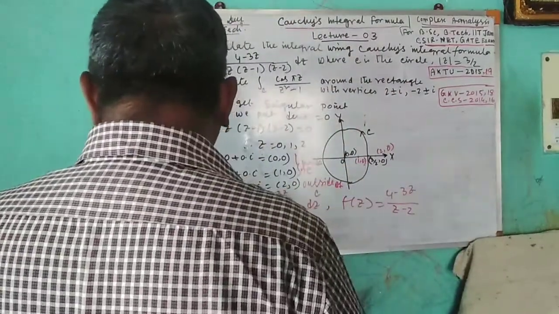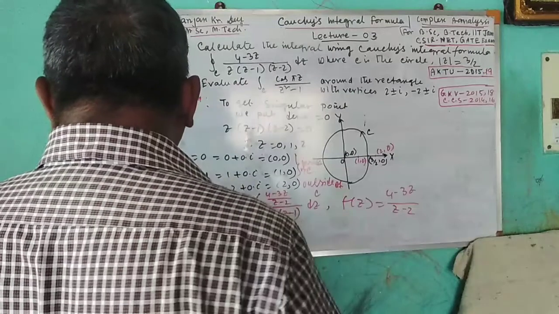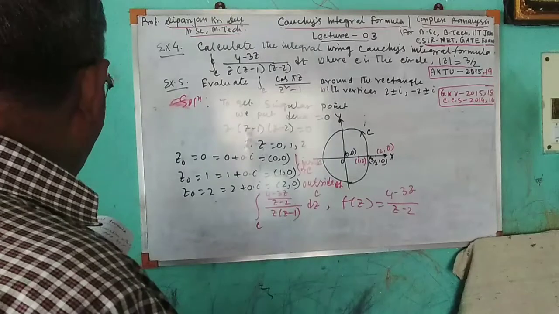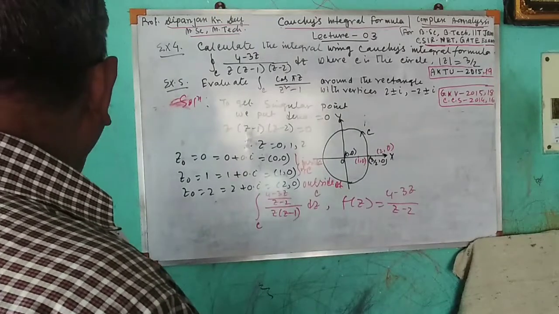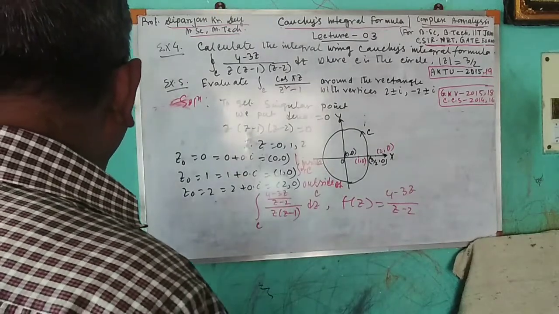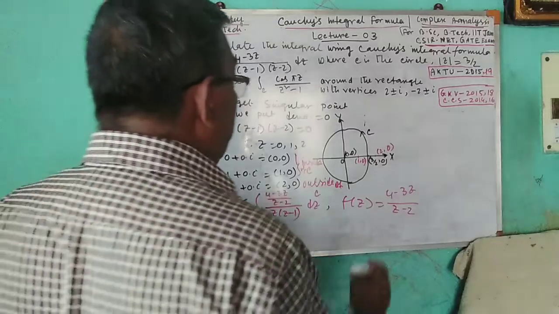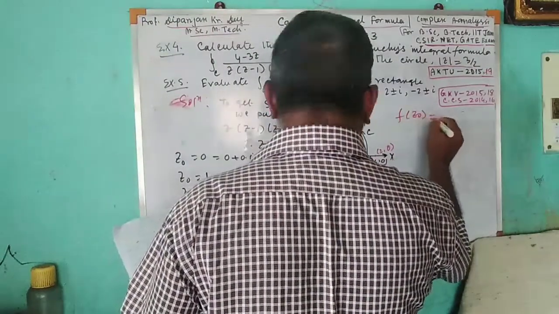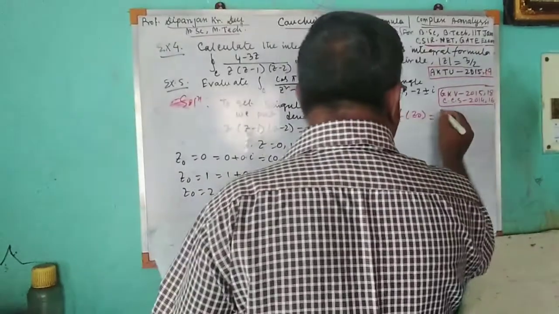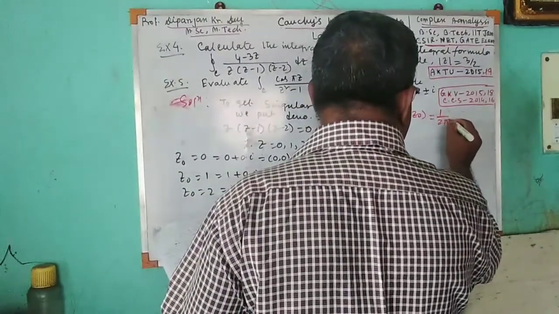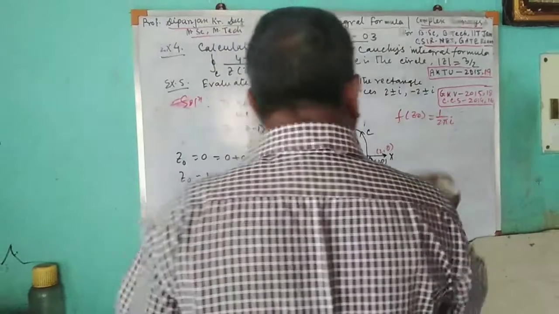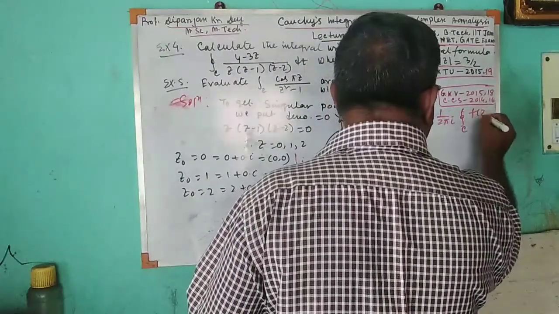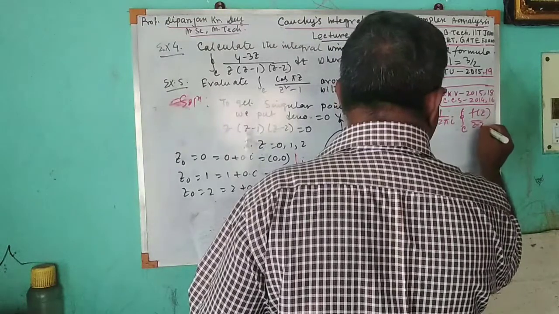If f(z) is an analytic function within and on a closed curve C, and z0 is a point within C, then f(z0) is equal to 1 by 2 pi i, integral over C of f(z) by (z minus z0)